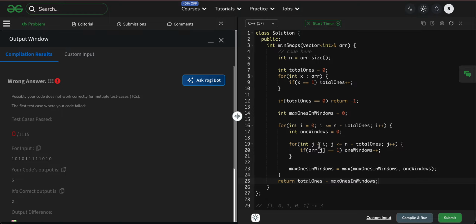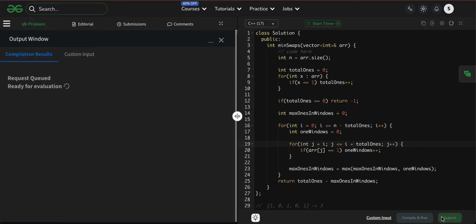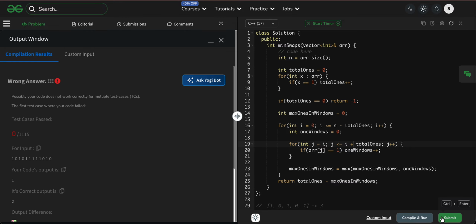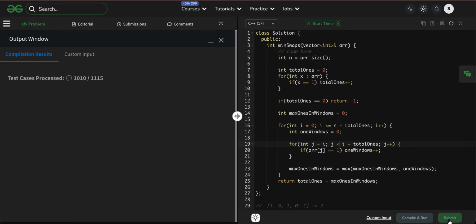For int j is equal to i to i plus total ones, and j plus plus, array of j is equal to 1, then count it and then take the max. अब ये एरर नहीं आएगा, इसका टाइम कॉम्प्लेक्सिटी जा रहा है order of n into k, right. The time complexity is order of n into k, right.